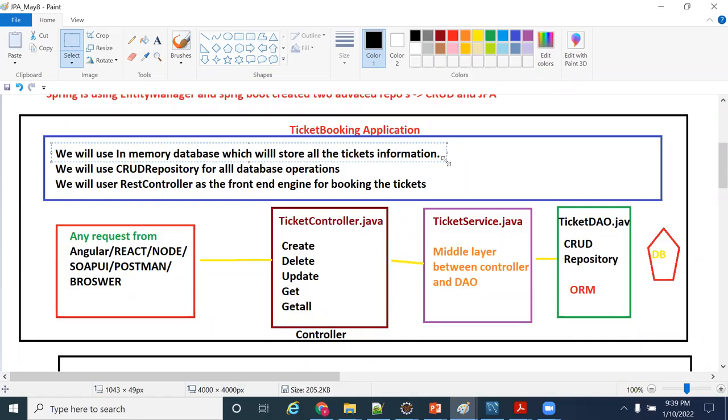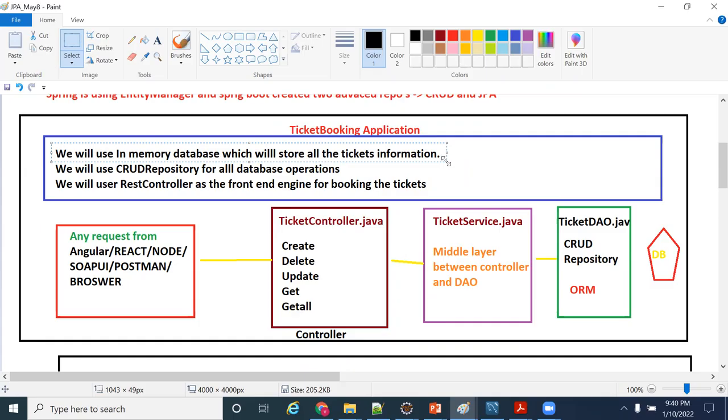Whoever has an idea can explain the answer; others cannot. Let me repeat my question. What is an in-memory database? Why do we need to use it? What is the difference between in-memory database versus permanent database? In which scenario will you use an in-memory database, and in which a permanent database?